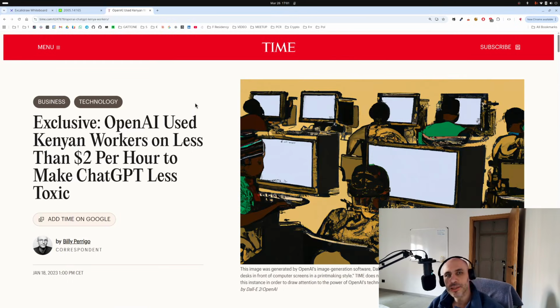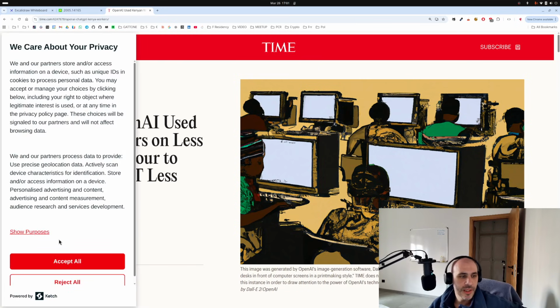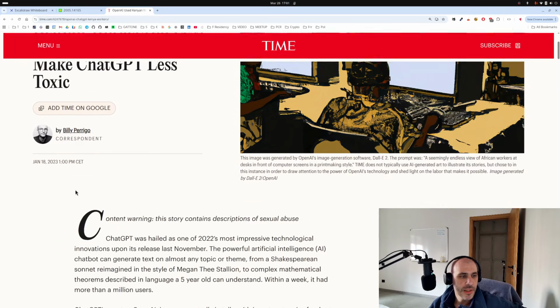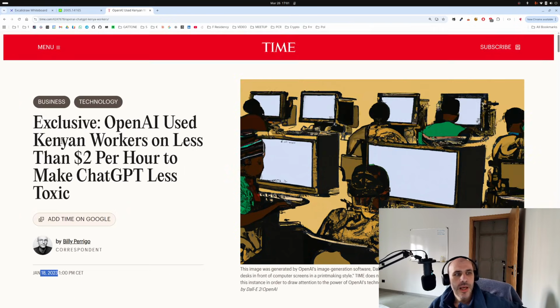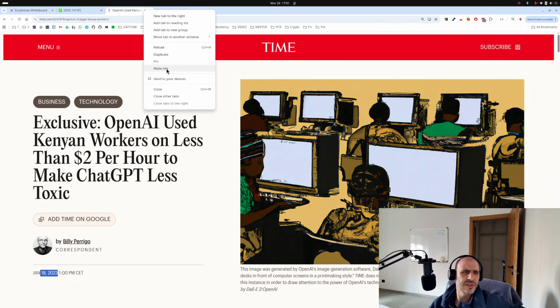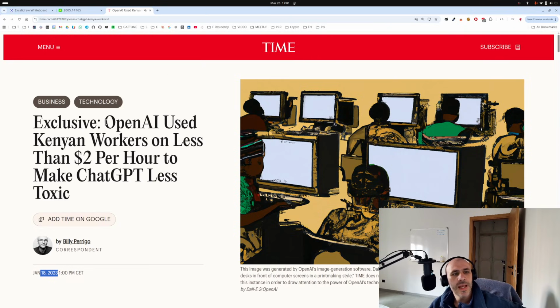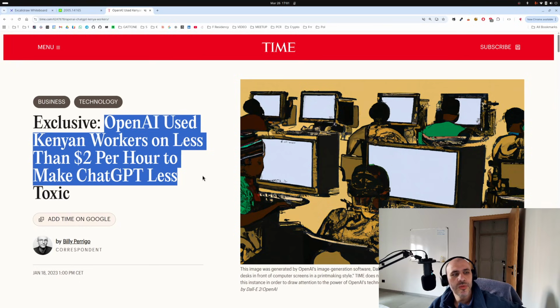You see, this was an article that came out just after January 2023. OpenAI used Kenyan workers on less than $2 per hour to make ChatGPT less toxic.